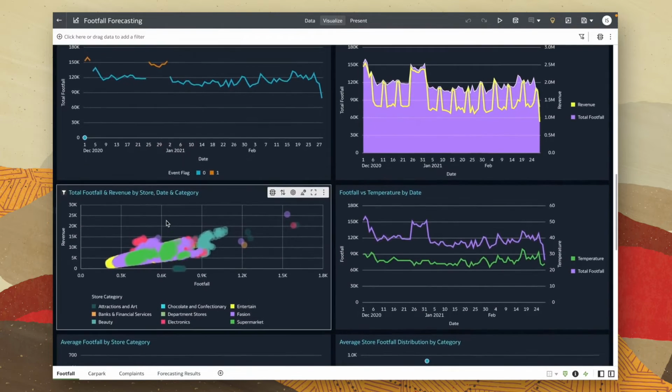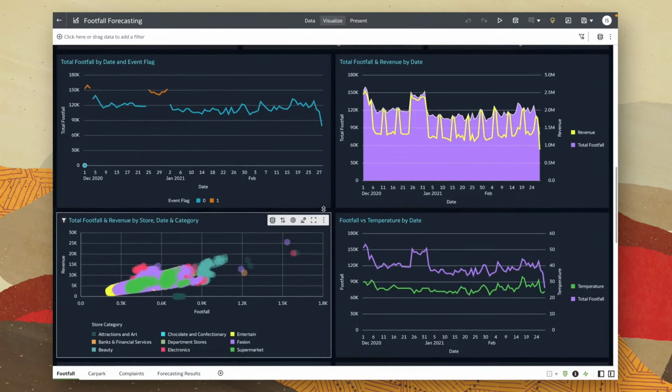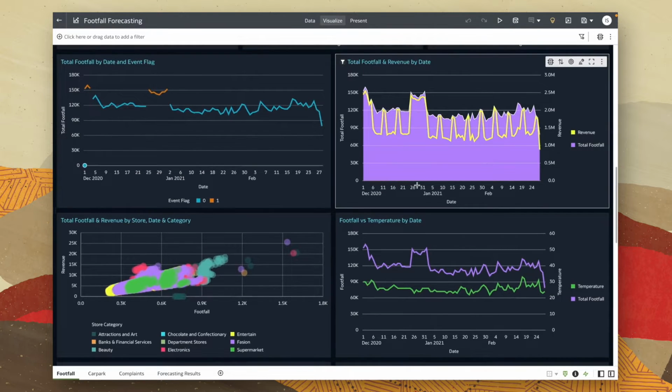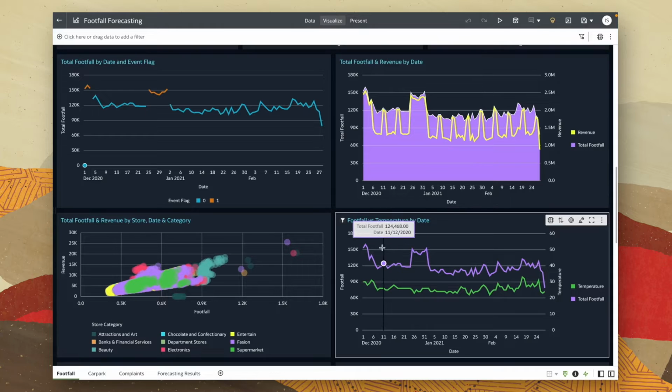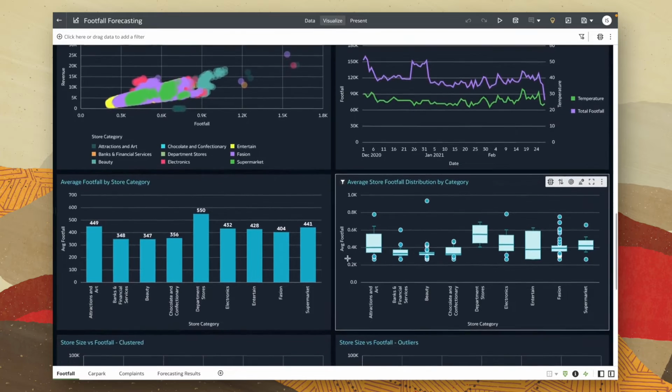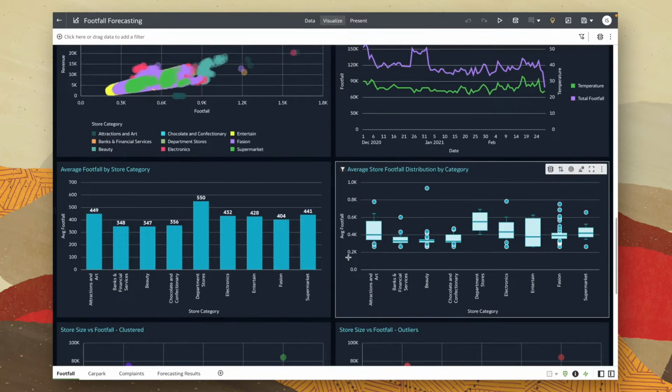If I scroll down further, you can see there's loads of different ways we can slice the data, comparing footfall by total revenue. We can see if there's any trends between footfall and temperature. And if I scroll down below, we can start getting a bit more of a distribution to see the average footfall per store. So for example, what's quite interesting, if we look at the beauty department, the average store footfall was around 333 people. However, on this one day, they had 939 people, which is almost 3 times the amount